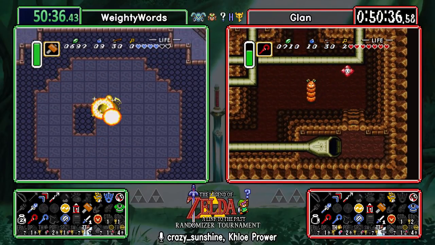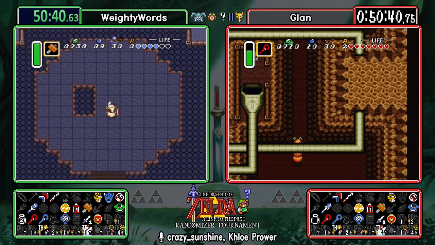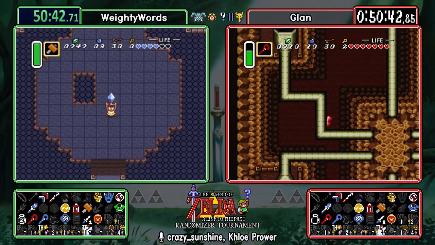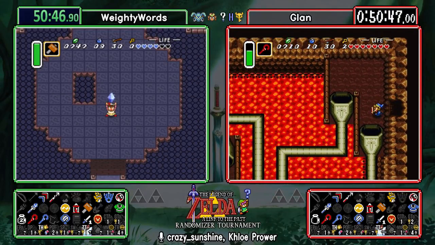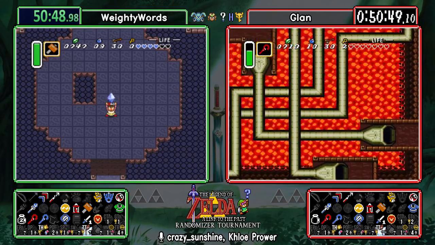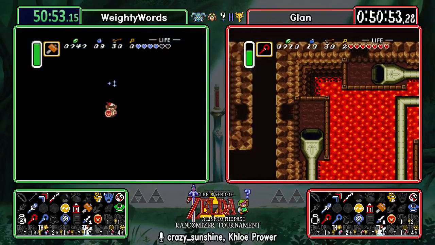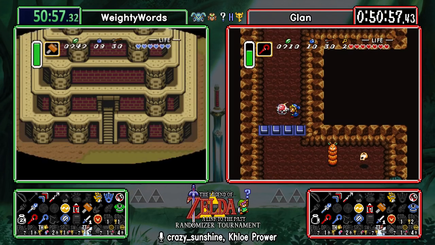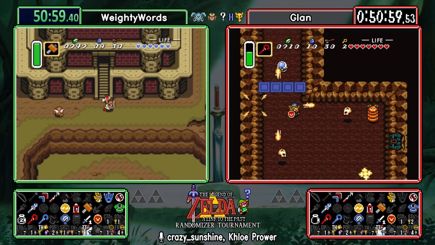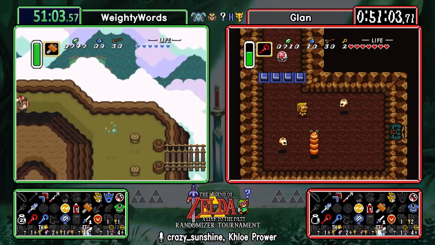Alright, anyway, make some quick work out of Moldorm here. And we'll be getting... I think that is the second dungeon completed. Yep. I imagine he's probably going to go off to Swamp Palace after this. Well, he's gonna do the same thing Glan did and probably check right side Death Mountain. Oh, that's right, yeah. I think if they didn't have the mitts, they wouldn't be up here at all, but...